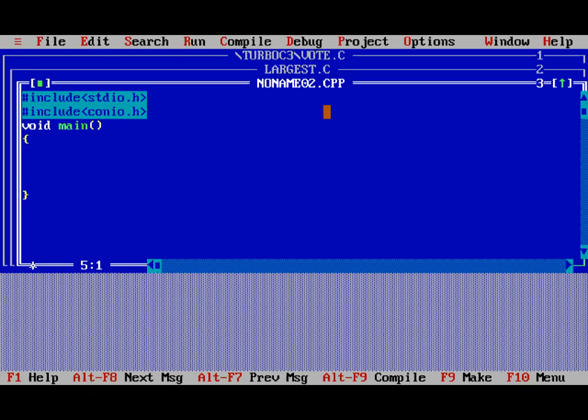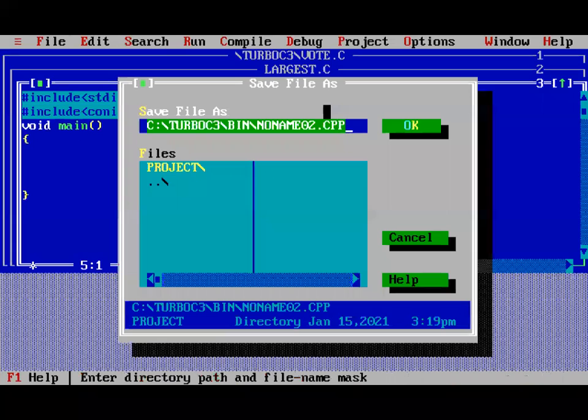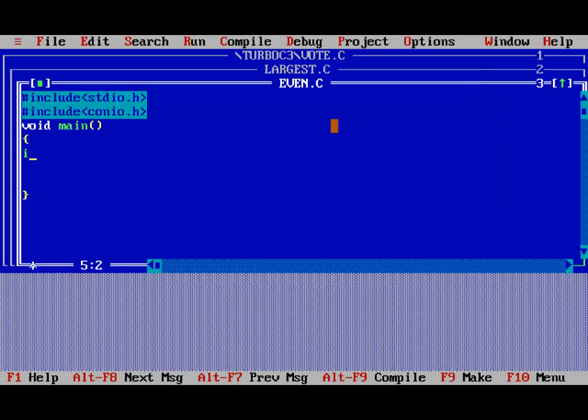We save the program as e1.c. For that we require one number, which I define as an integer variable n.